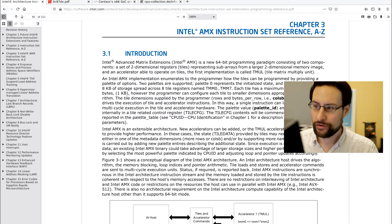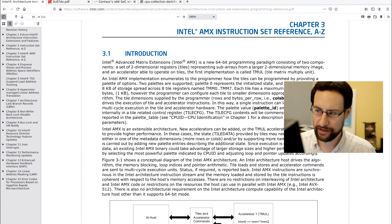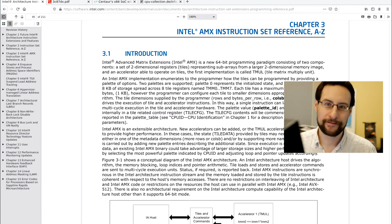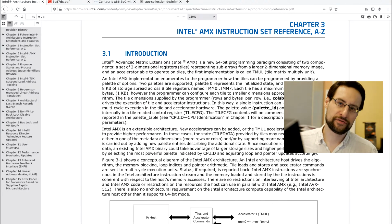Welcome everyone to another in-depth look at state-of-the-art and state-of-the-art vintage retro, back then 30 years ago. Case in point, the upcoming Intel AMX instruction set. AMX for Advanced Matrix Extension, of course. And as in previous videos,